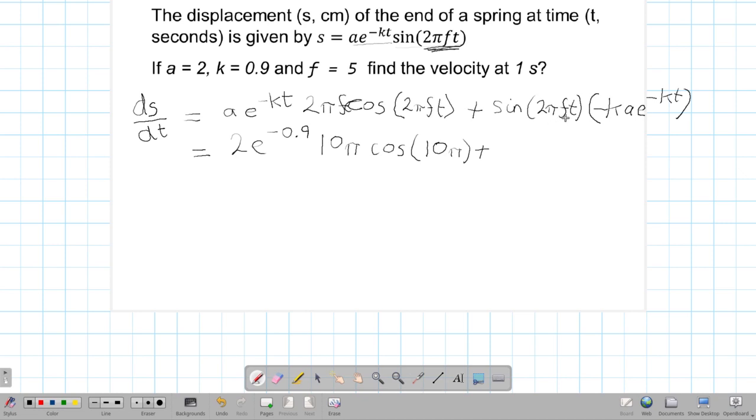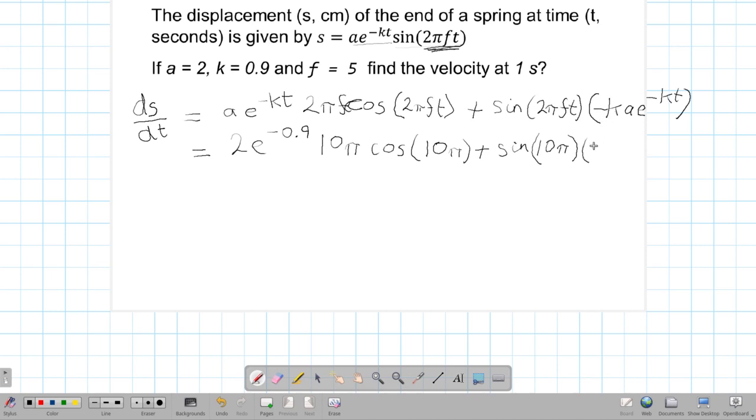Now sine 2 pi, so again, just simply change that to 10 pi. For 5 times pi, 5 for the frequency times the 2 is 10. 1 second. Let's put that in brackets. I always like to have brackets for my functions. And then this is our